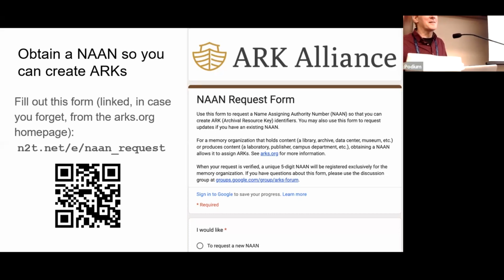How about if my university has a NAN, but my lab within the university wants a different NAN? You can do that. That's totally plausible, and it happens. We used to be stingy about NANs, but then EZID started doing new DOI prefixes for individual journals. So one publisher has 5 journals, each one got a prefix. So we said, well, similarly, we can give out NANs at that kind of rate.